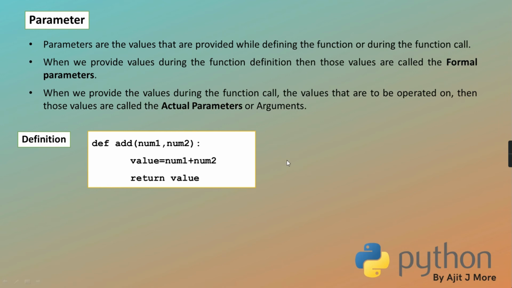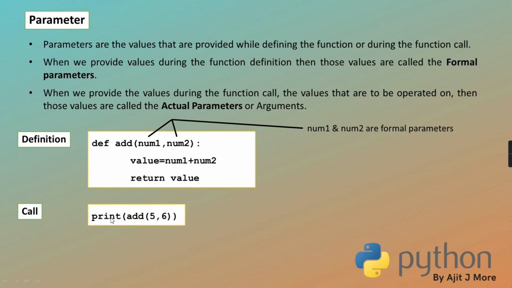That is also again an exhaustive topic called scope rules. We will be learning all the 4 different scopes which Python provides. That is a separate topic to be studied. So num1 plus num2 is stored in value, and then we are returning that value. Okay? So in this context, num1 and num2 both are formals. Now somewhere I am calling it in my main program: print(add(5, 6)).